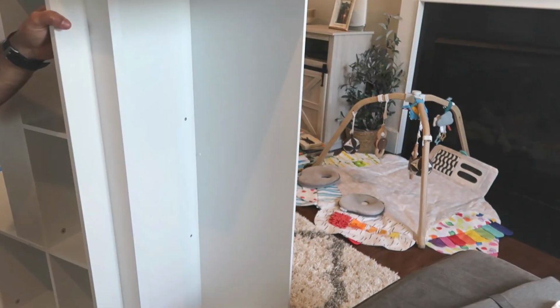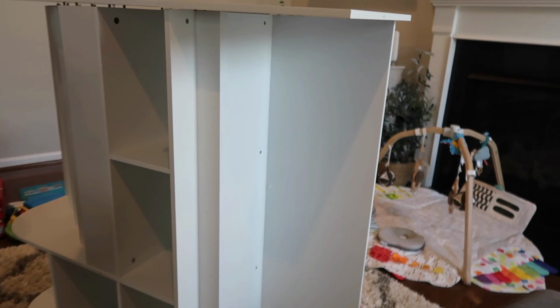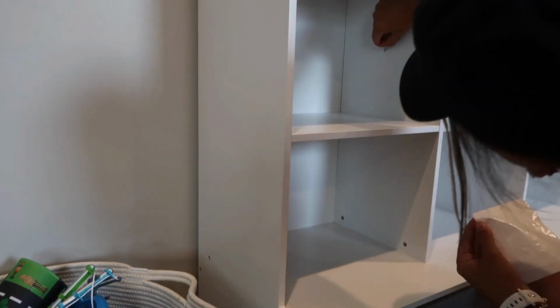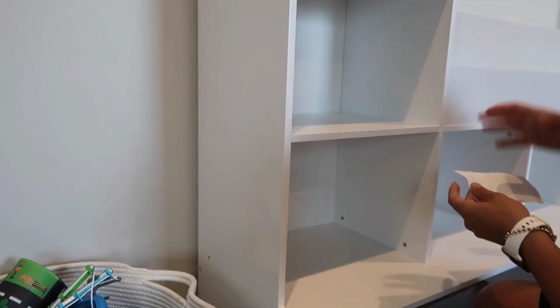I also wanted to show you the babies. They were just playing in the pack and play. I'm trying to get them used to playing in there, so that way once they're crawling and getting into things, if I need to put them in the pack and play for a reason, they're not crying about it and they're used to that. So we're just building the little unit here and putting the covers over all of the